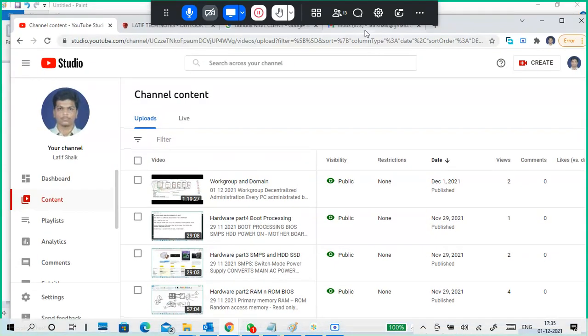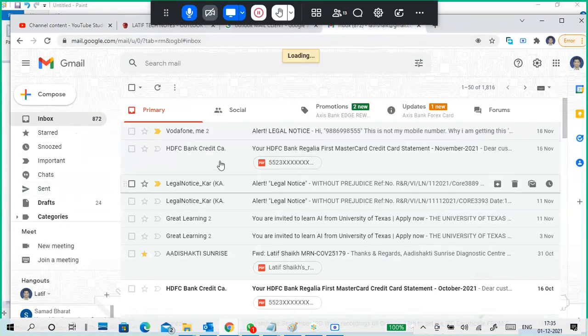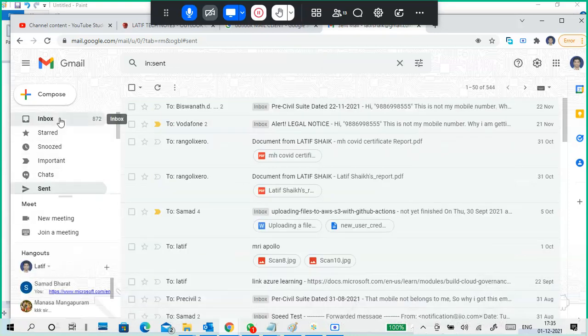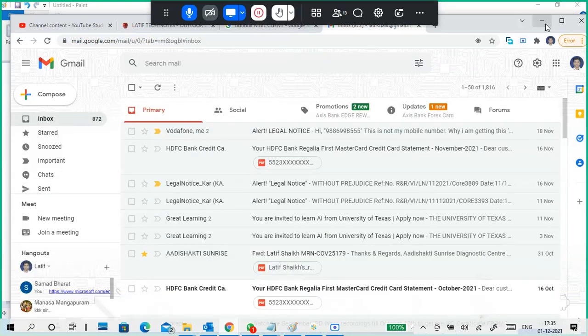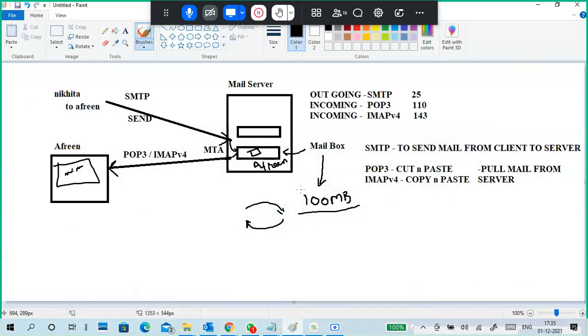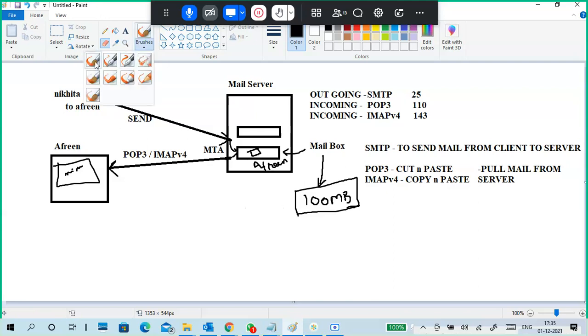So normally when you are sending a mail, where is that mail? Here it is: sent mails are also there. This is the sent mail list, and this is the received mail box. All the sent mails, received mails and drafts total only 100 MB. Depending on your responsibility in the organization, you receive a lot of mails and have to send a lot of mails, right? So your server's mailbox does not have enough space.